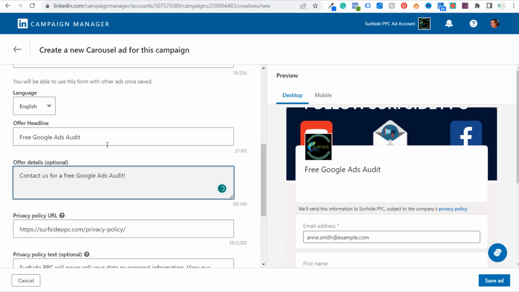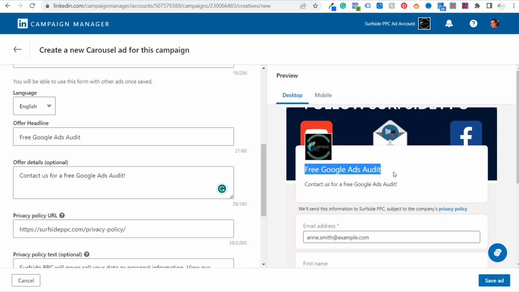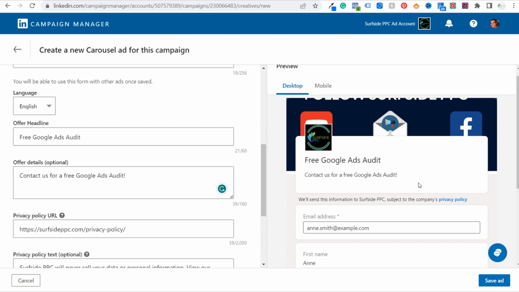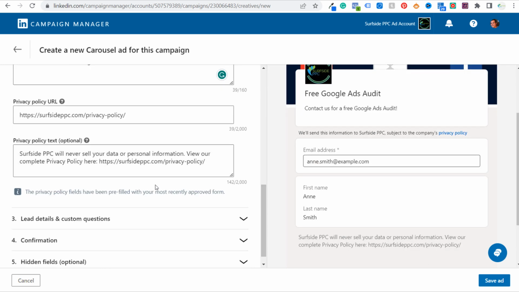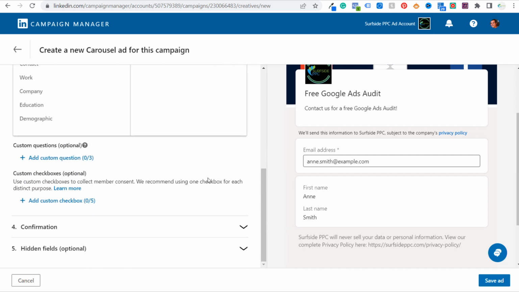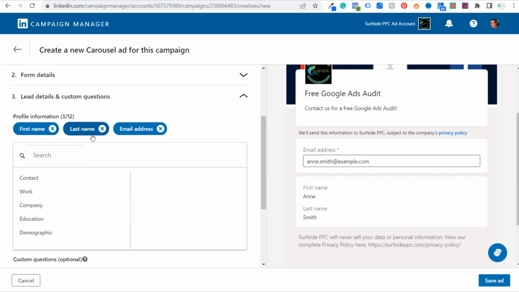Okay, so obviously you would want to make your offer headline and your offer details much better than mine here, but I just want to show you what this is going to look like. Free Google Ads audit, contact us for a free Google Ads audit. And then as we scroll down here, lead details and custom questions. So you're going to see first name, last name, email address. It's automatically going to pull in some of the information, and then they have to choose to send us the